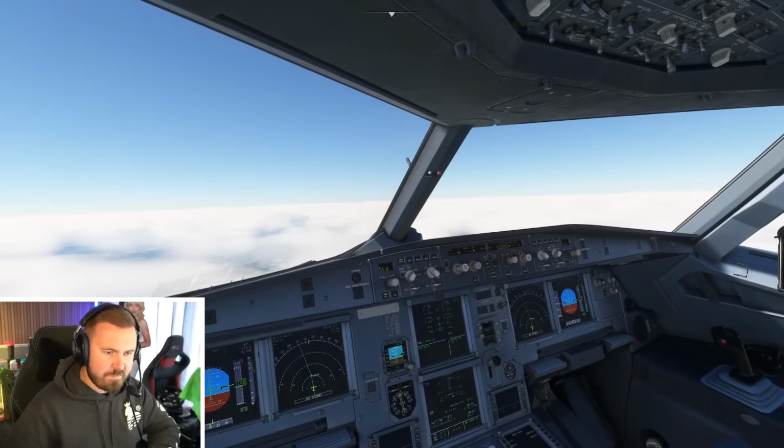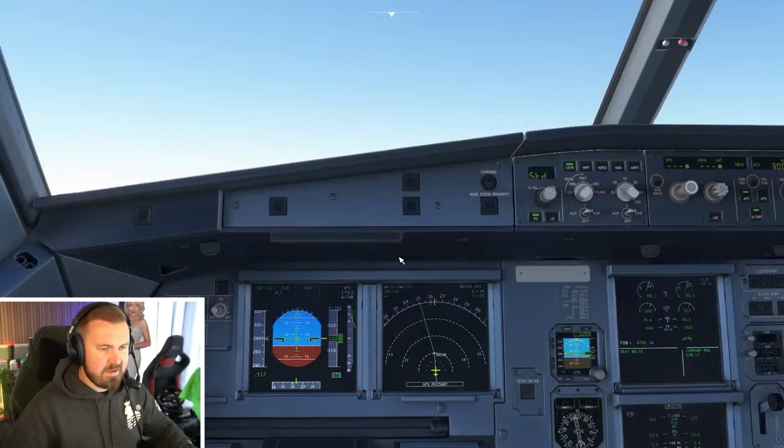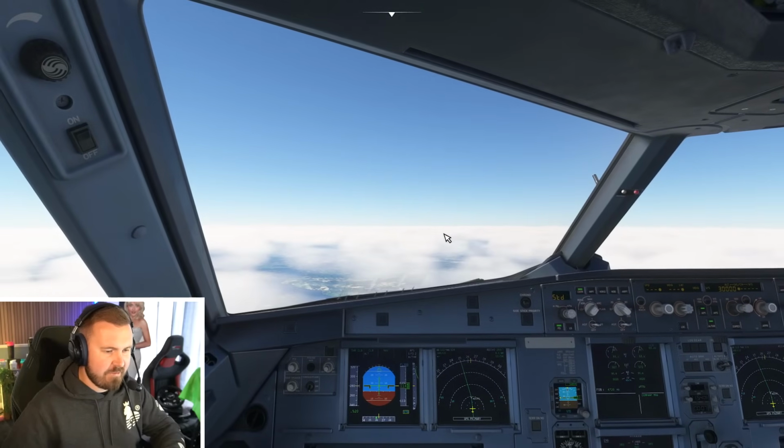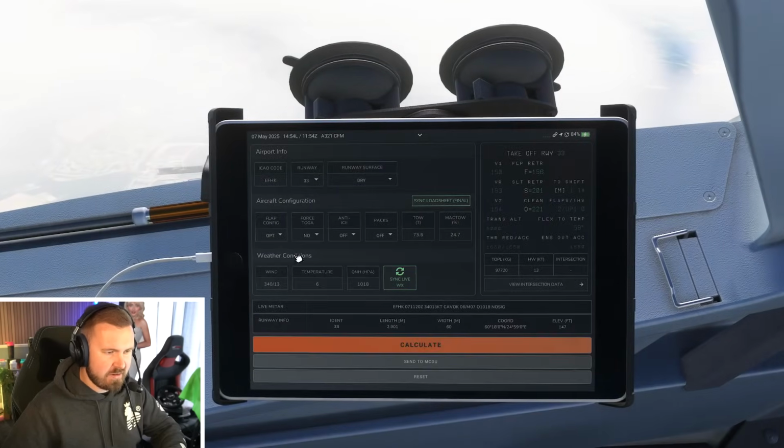We're just now above this blanket of cloud. It's quite low actually. It's, well, 11,000 feet we're at now, and we are well above it. Seatbelt signs are off. Landing lights are now off as well. Beautiful conditions up here, to say the least. Absolutely beautiful. Let's go back on here